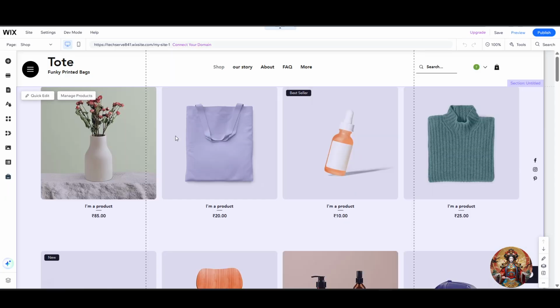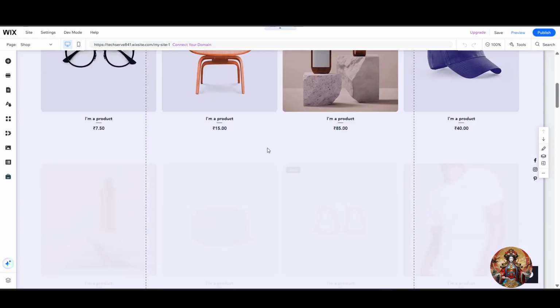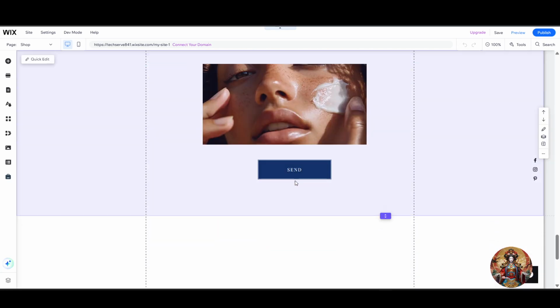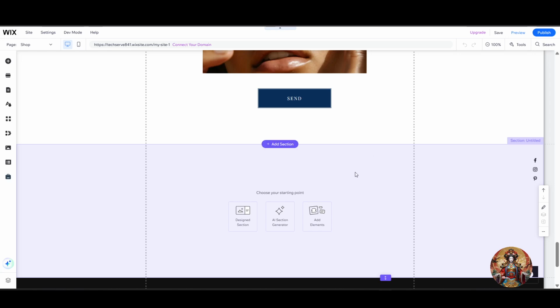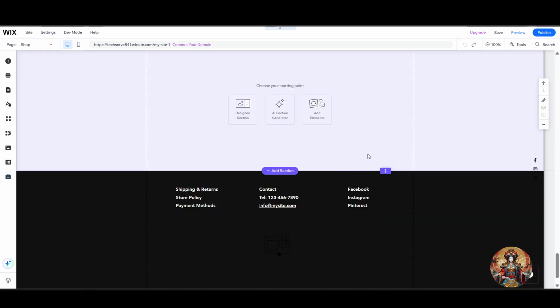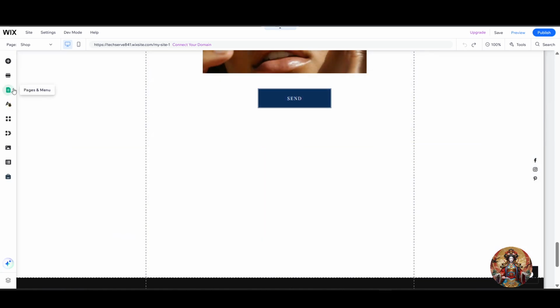It will take a few seconds to open the Wix editor, but now we have successfully opened our website, as you can see here. First thing, I will create a new section over here. Just click on add section, it will create a new one. I already have a section. What I will do is simply